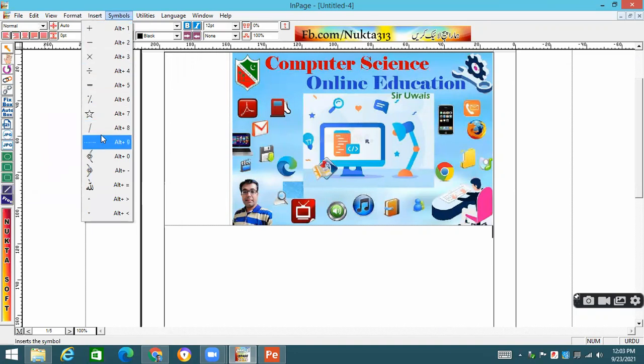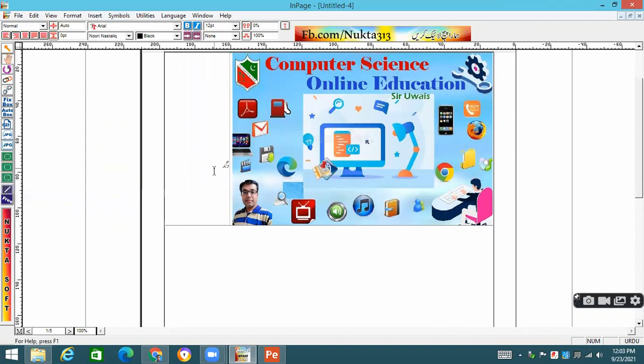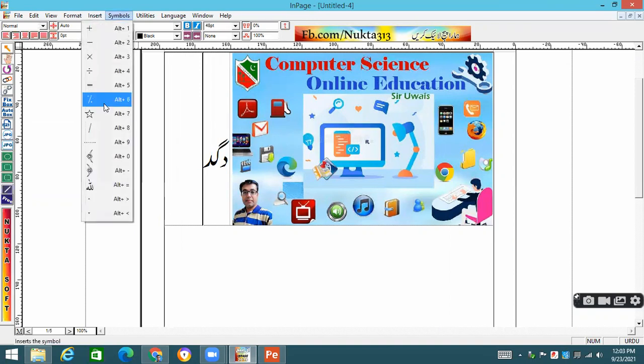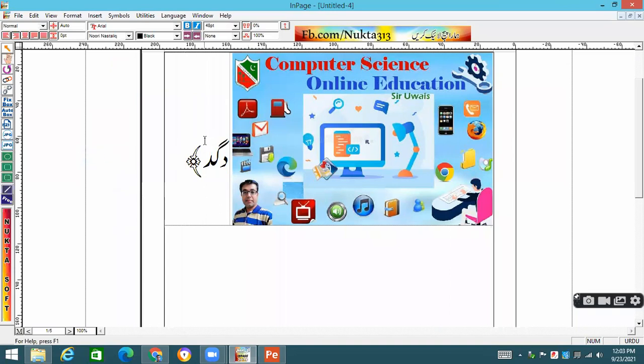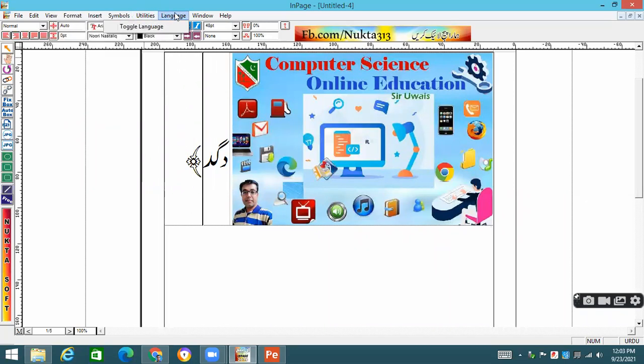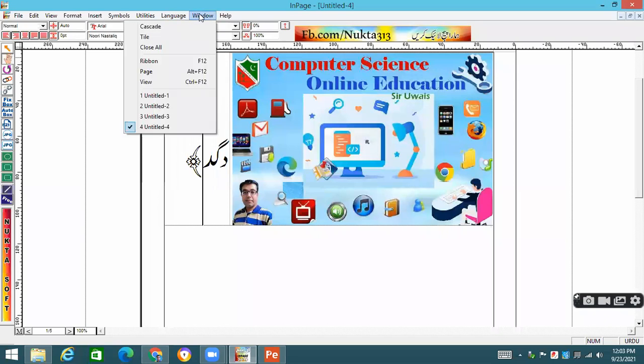Insert symbols are there. While typing, if you need these symbols, like the cross sign or star sign, you can use them in your typing. For example, these are the words I am typing over here and I need some symbol, so I'll go there. There are limited symbols in MS Word, just like you had seen a number of symbols were there. If you need such symbols, you can insert them in your document. Okay, students, I hope that up to here, all these points are clear to all of you.